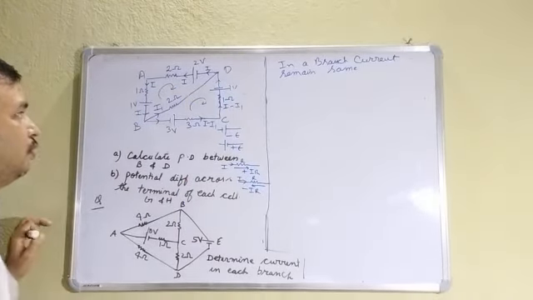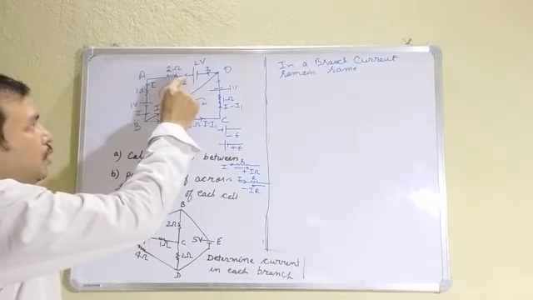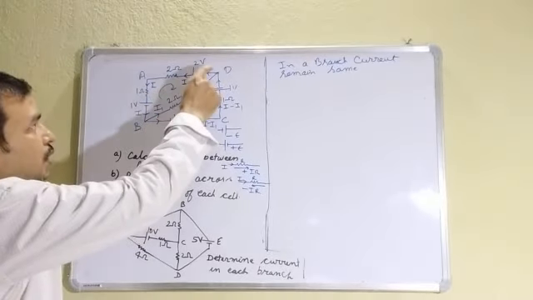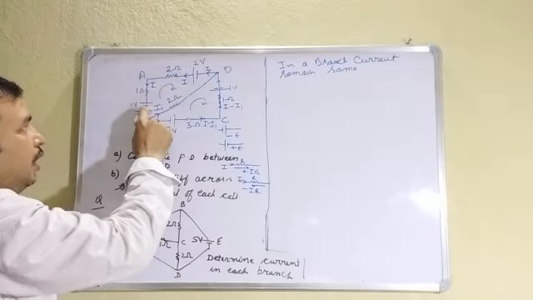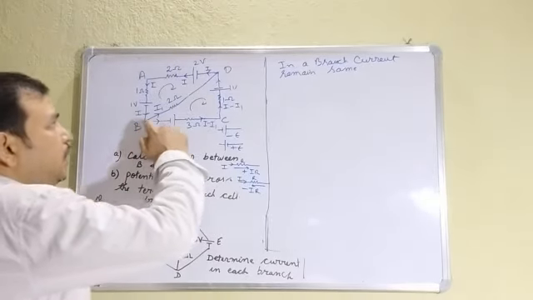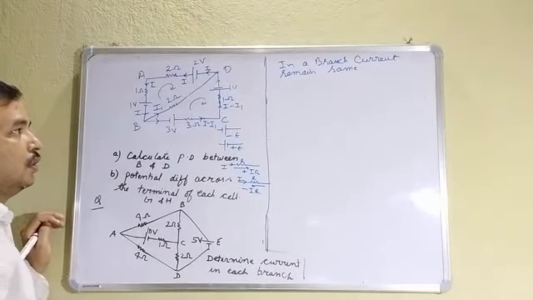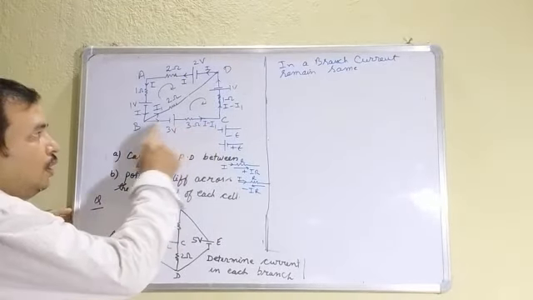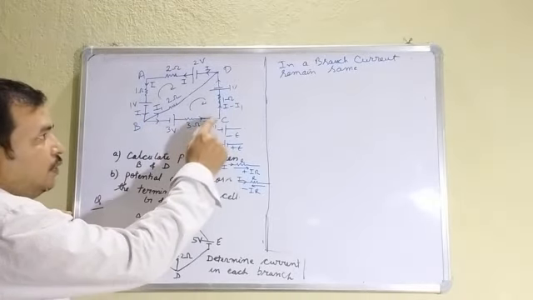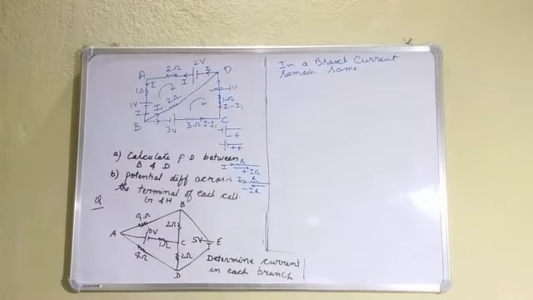Now whatever current you are choosing here, suppose you are choosing I current. Clear? So in this branch you can see I here. And if you are choosing I1 in this current, so in this whole current will be I1. So if in this branch this is I1, so this will be I minus I1. So in this whole branch B, C, D, current is I minus I1.